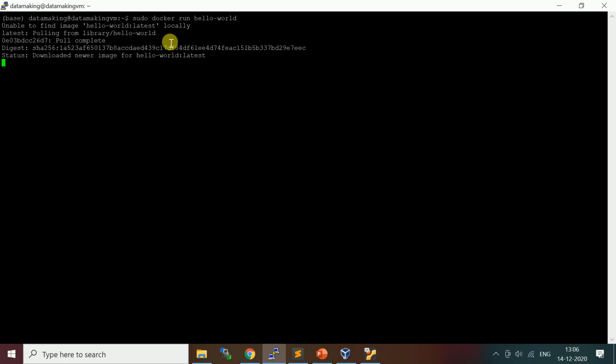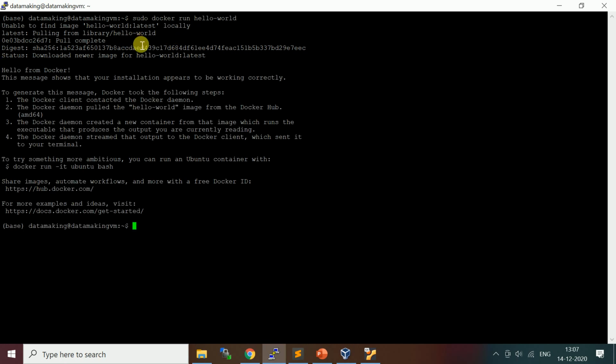So it will look for the image hello-world from the local repository. If it doesn't exist in the local repository, it is going to look in Docker Hub, fetch it, and then create a container. Here it is finding the image locally. Colon is the tag name. It is pulling, and it actually downloaded the image called hello-world:latest, then it ran. Inside this Docker image, which is a kind of hello world image, it's just printing this text message.